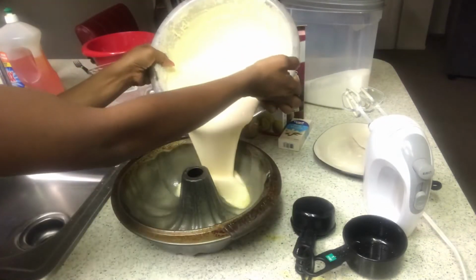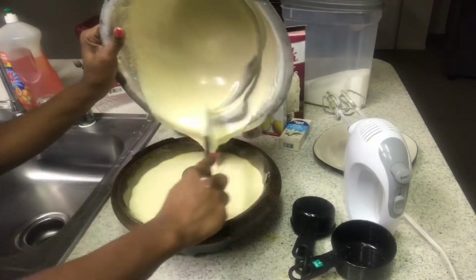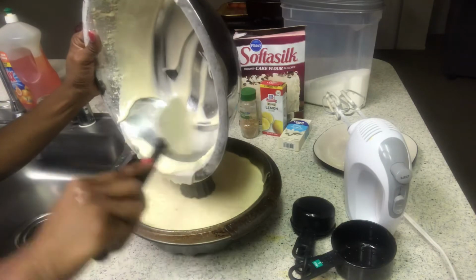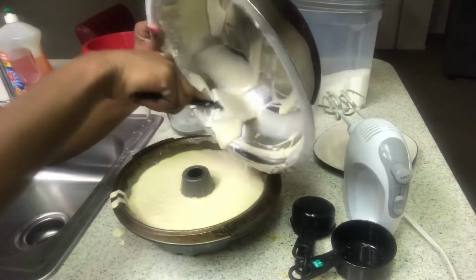So basically how you make a 7-Up pound cake is you just need your 3 sticks of butter, your 3 cups of sugar, 3 cups of flour, 5 eggs, 1 cup of 7-Up, 1 teaspoon of vanilla extract, 1 teaspoon of lemon extract,